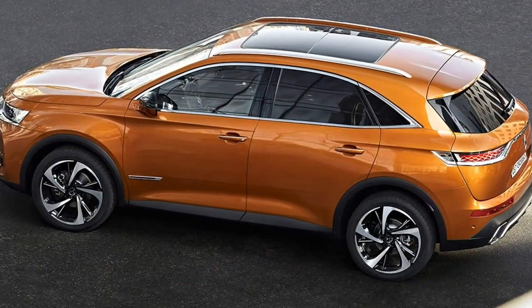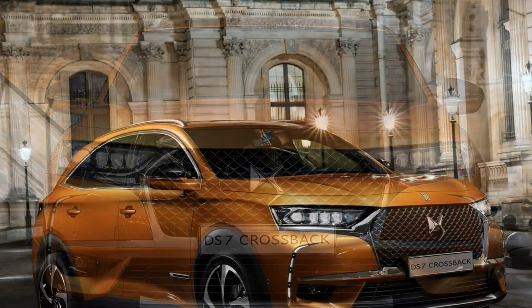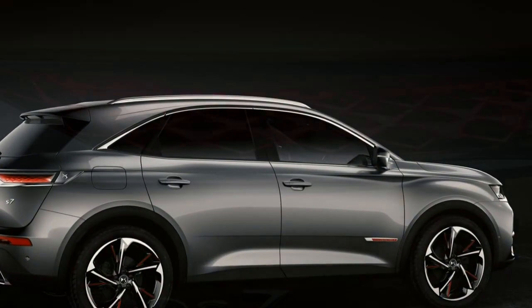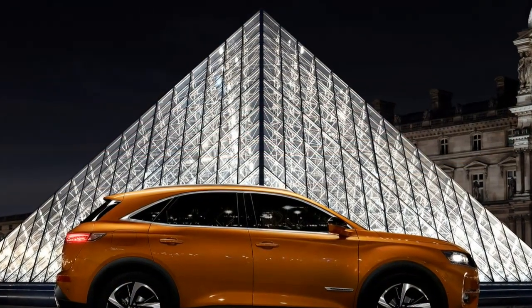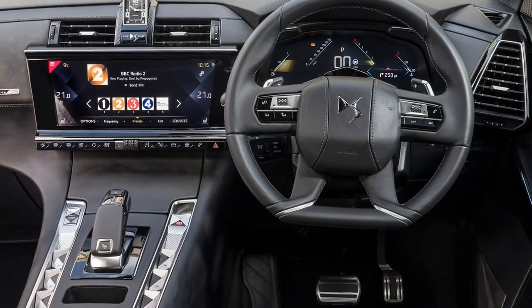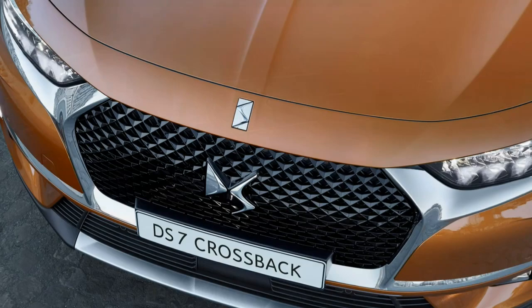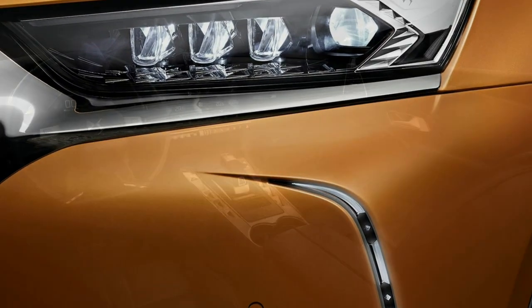Even the so-called entry-level Elegance version is generously equipped, so those purchasing a regular version are hardly going to feel shortchanged. The Elegance model comes with the following equipment as standard: Hill Start Assist, Trailer Stability Control, Cruise Control with Speed Limiter, Active Safety Brake, Lane Departure Warning, Speed Limit Recognition Warning, Driver Attention Warning, Rear Parking Sensors, Remote Control Central Locking with Deadlocks, Keyless Start, Remote Tailgate Opening with Key, Defrosting Door Mirrors, Automatic Aircon, Automatic Windscreen Wipers,